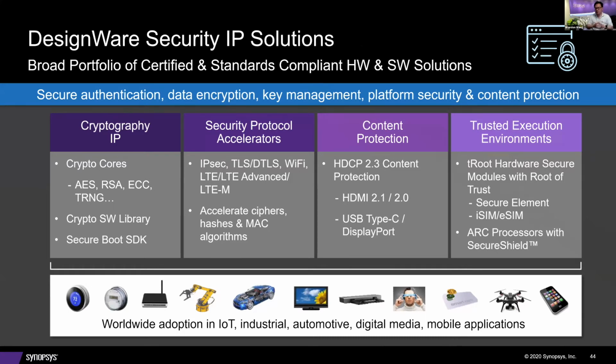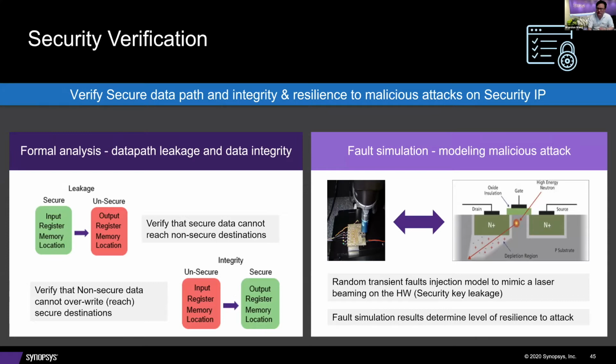We have a programmable root of trust component to implement policy and core security functions like system secure boot, secure storage, and key management. We have protocol-aware crypto, interface encryption, and we will support all the firmware for root of trust and host. Then, as an example, for security IPs like critical blocks and security engines, we will use formal analysis to look at data path leakage and data integrity.